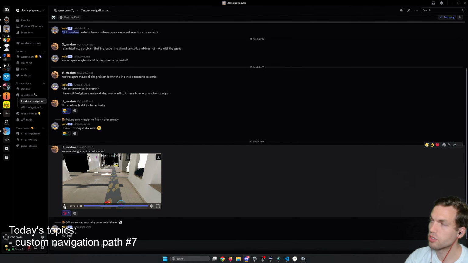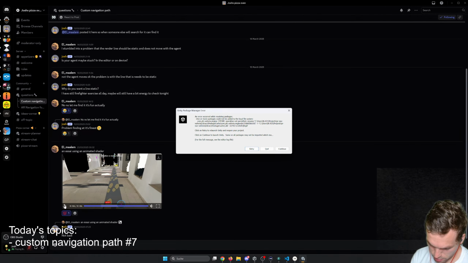But the difficult part of shader animation is probably that you only make it visible and move only when the player moves, and